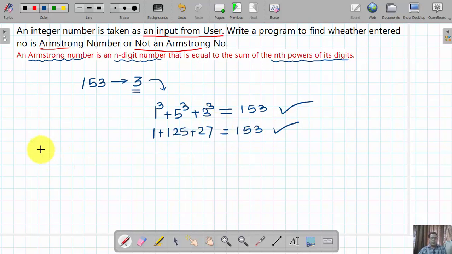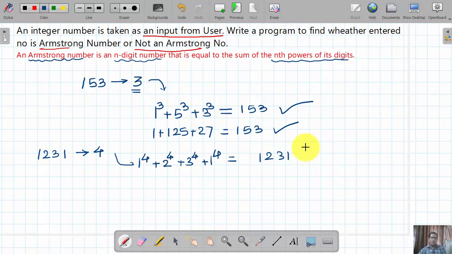If I'm dealing with, say, 1 2 3 1, the total number of digits present is 4, and then 1 to the power of 4 plus 2 to the power of 4 plus 3 to the power of 4 plus 1 to the power of 4. If it is the same as 1 2 3 1, then the number is said to be an Armstrong number.